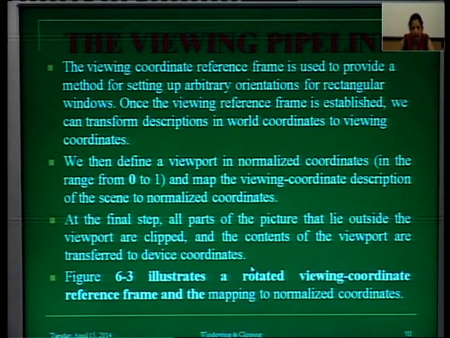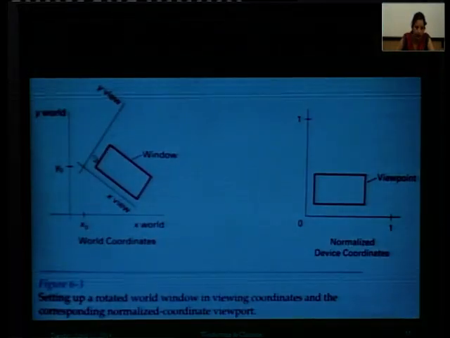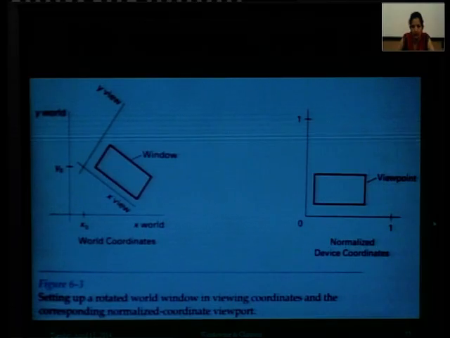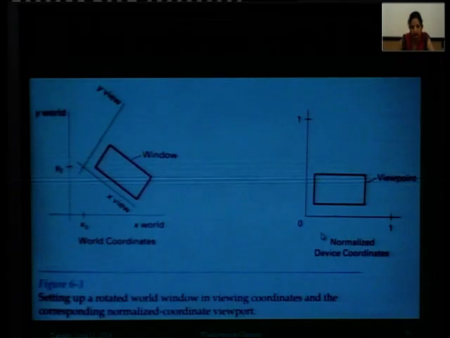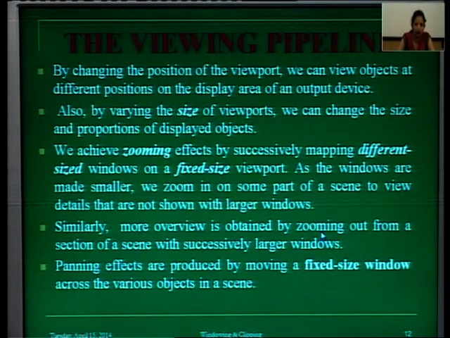In the next figure, that illustrates a rotated viewing coordinate reference frame and the mapping to normalized coordinate. Here the window is rectangular, but the orientation is different. So, we have just rotated this so that it becomes the normalized device coordinate. By changing the position of the viewport, we can view the objects at different positions on the display area